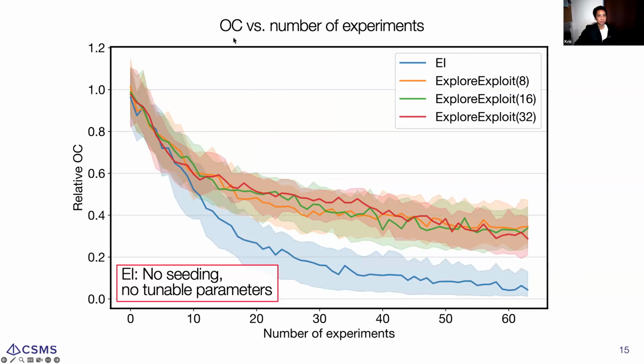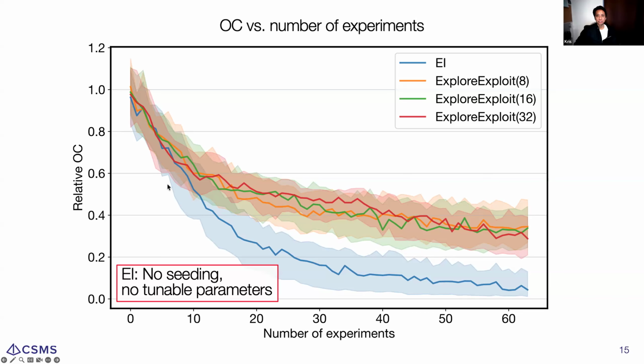You end up with plots like this. These are called the OC plots, the opportunity cost plots, where lower is better. It shows you the result of these performance metrics for future experiments, where we're simulating the responses by sampling response values from our final belief, from our model. This is showing you 4 different policies, and it's telling you that this blue policy, the EI policy, is the best with respect to minimizing the performance metric that you're trying to minimize.